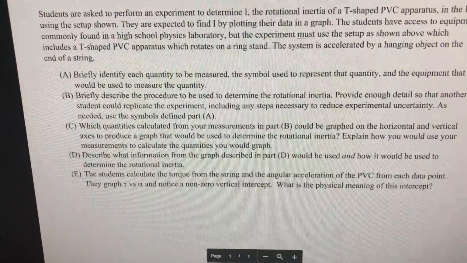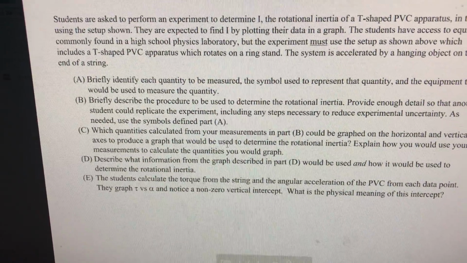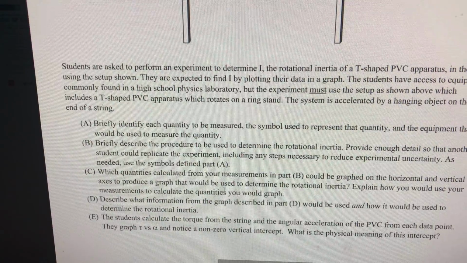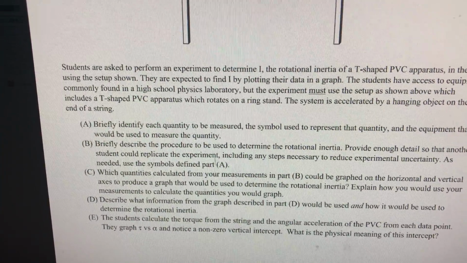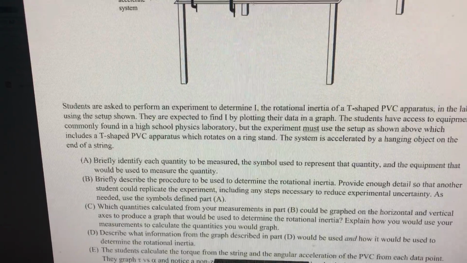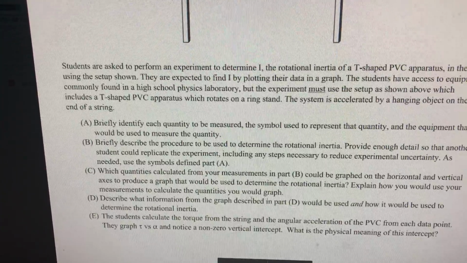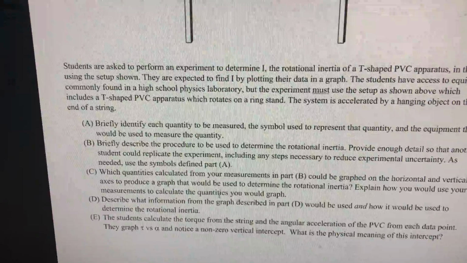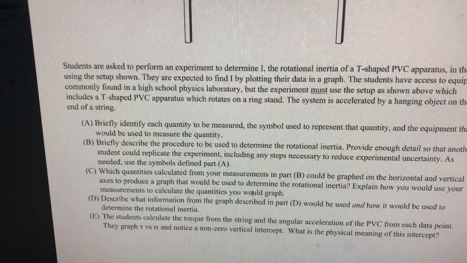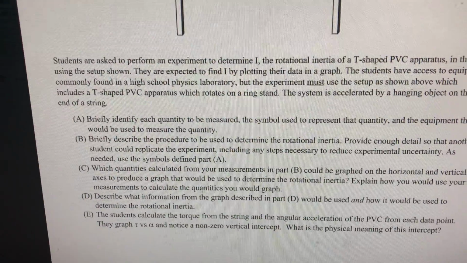actually, oh no, that's part D. We haven't gotten there yet. Explain how you would use your measurements to calculate the quantities. Yeah, so this is where, we kind of already went into this. I kind of already jumped on that. But yeah, we would use the height and the time and the radius using the process we just described with kinematics, with Newton's second law, making sure we get angular acceleration alpha, and then we could calculate the torque and